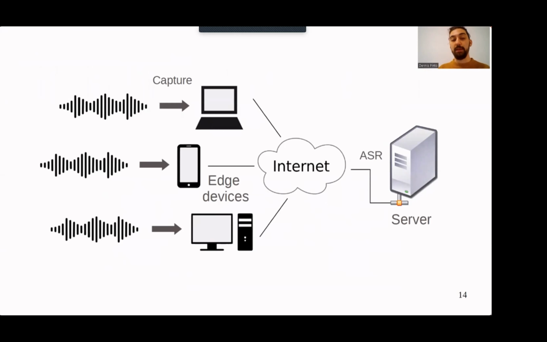Consequently, the major approach to ASR is to capture the audio with a low-power device and send it over to a server. The server then decodes the utterance and sends the transcription back to the device. The main issue here is that sending sensitive data, such as personal recordings, to a company-owned server comes with severe security and privacy issues. So we want to process this type of sensitive data locally, and for that, we think that hardware acceleration is key.